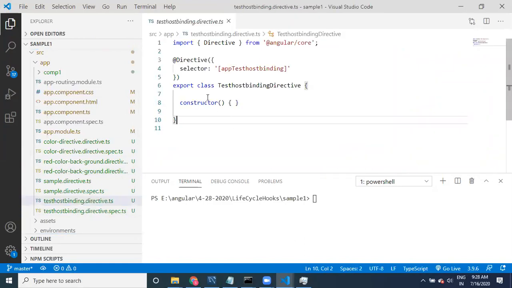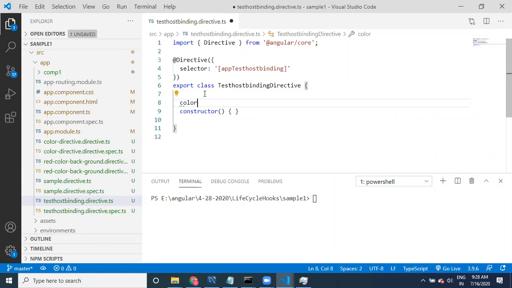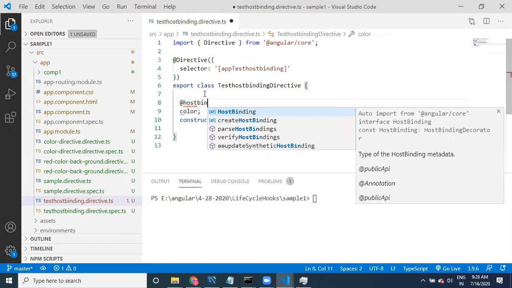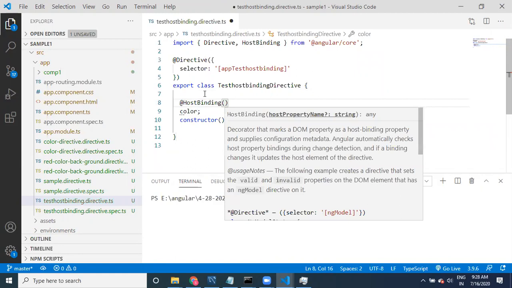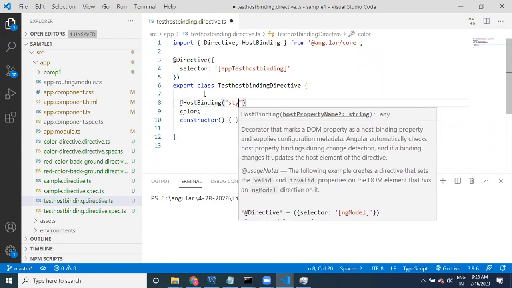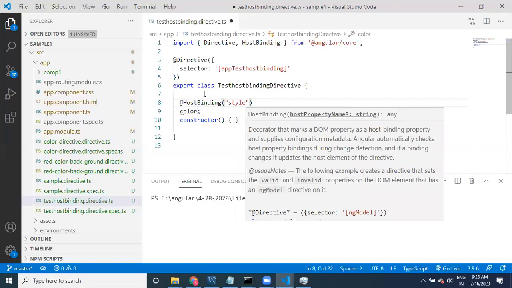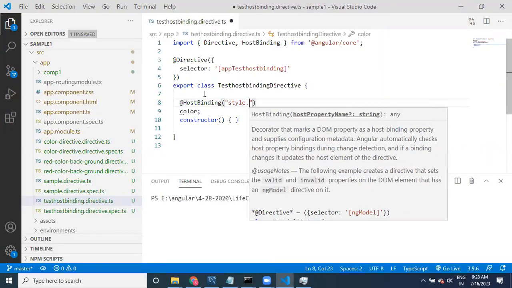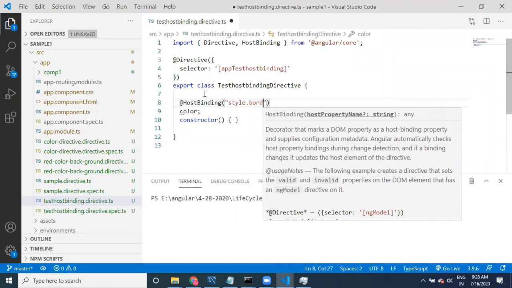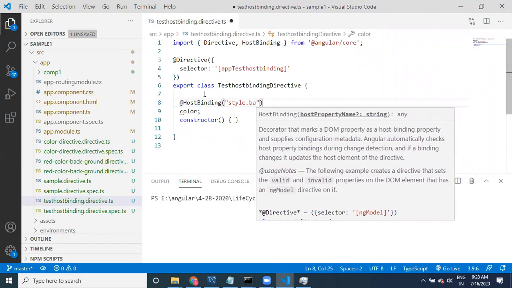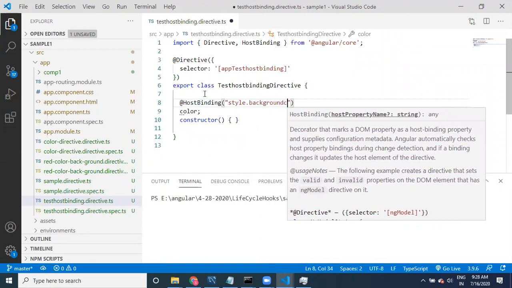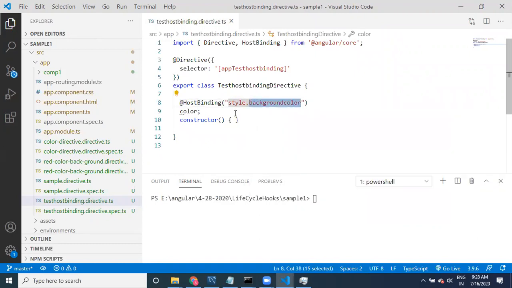I will open this one. I'm going to take a property, like color, and for this I'm going to apply HostBinding. In HostBinding I need to provide style.border or style.backgroundColor, that is, style dot style name.